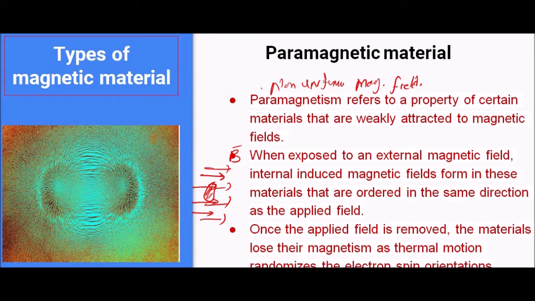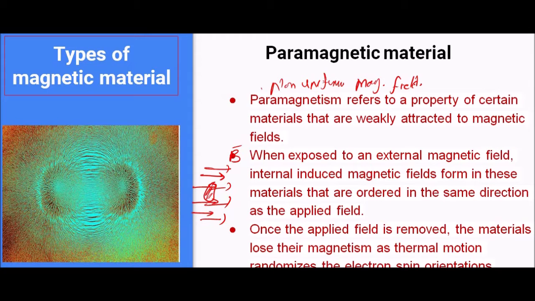The net dipole moment of the material is lost when the external field is switched off. So when we switch off the external magnetic field, the magnetic dipole moment gets turned off. According to susceptibility, paramagnetic material has a small positive value. Examples of this kind of material are salt, iron, nickel, which show paramagnetism.